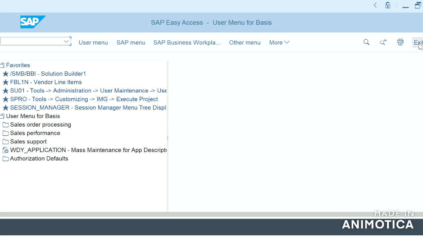So there might be a chance that it overwrites the existing data with the test environment. Creating number ranges directly in the production system is advisable.